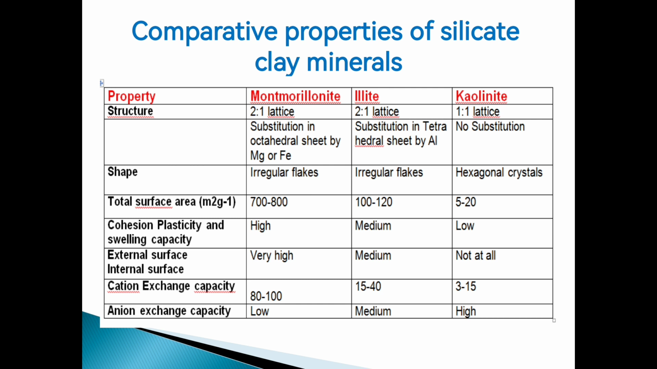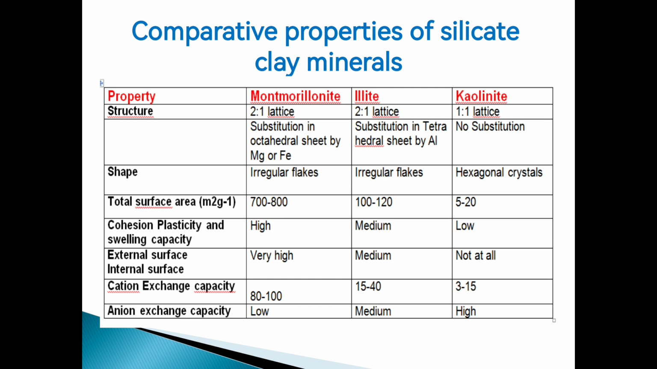So here, for Montmorillonite, the substitution is in the octahedral sheet by magnesium or iron. In Illite, there will be a substitution in the tetrahedral sheet by aluminum. And in Kaolinite, there will be no substitution. The shapes are all irregular flakes for Montmorillonite and Illite. Kaolinite are hexagonal crystals. The total surface area for Montmorillonite is 700 to 800